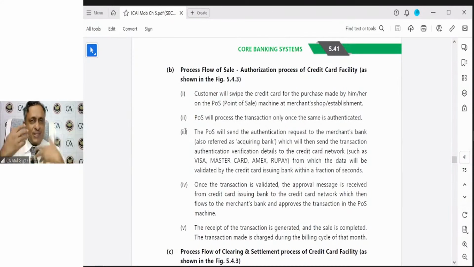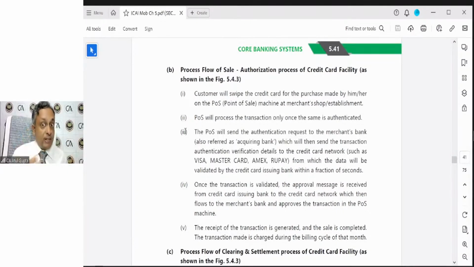So we talked about, see, this is how it's an evolving process. Then, on the point of sale terminal, you swipe your card, then POS will process the transaction only once it is authenticated, say through a PIN number. POS will send the authentication request to the merchant bank, also referred to as the acquiring bank, which will then send the transaction to the